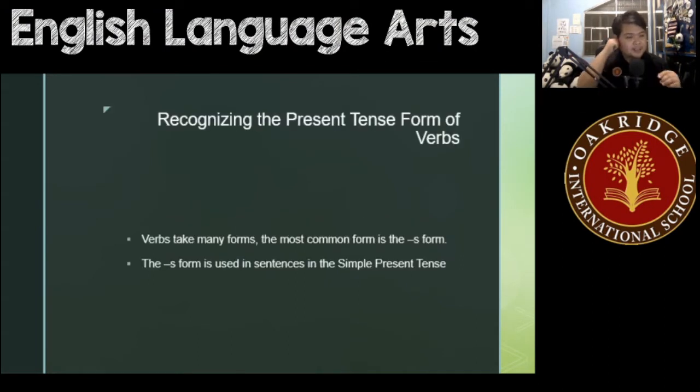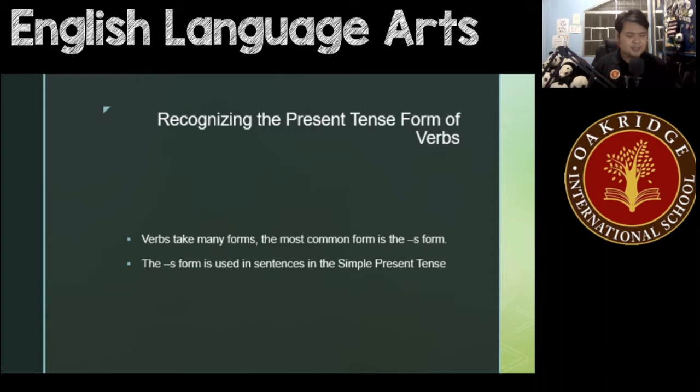So to understand, verbs have different forms, and these forms are different ways to spell, different ways to write verbs, okay? And one of the most common forms would be the S form, or the simple present tense, okay? Now, for you to understand the rules for the simple present tense, guys, you would have,